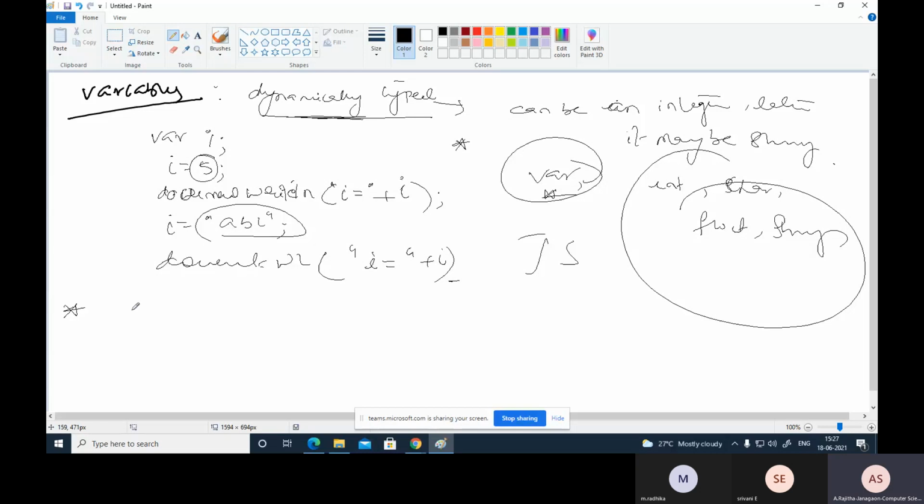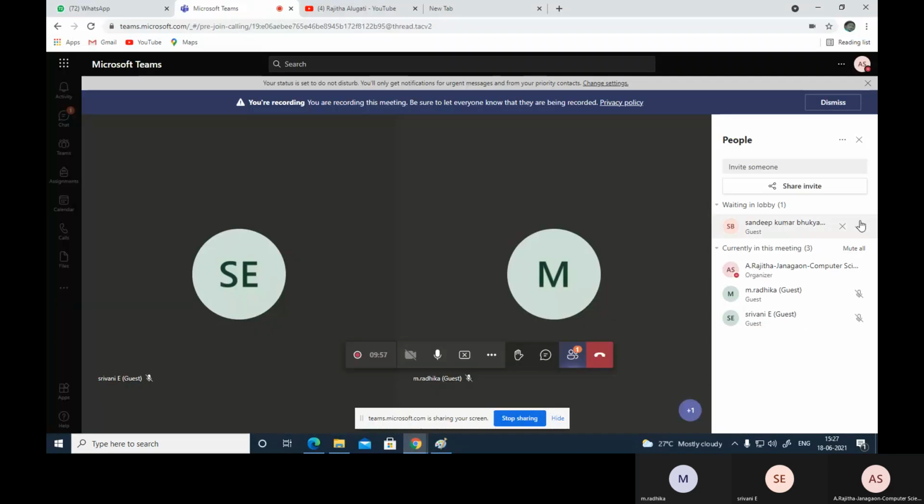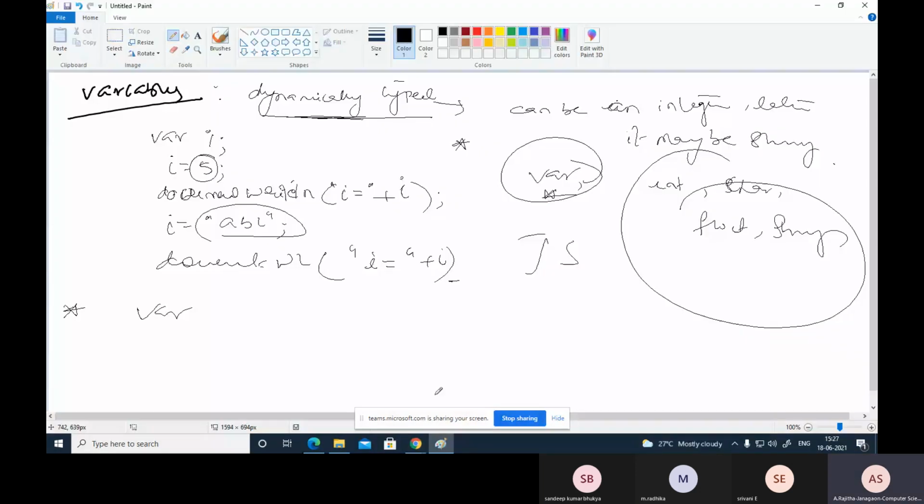Using the assignment operator, for example i equal to 5. Otherwise at runtime also: suppose I create a variable j, and now at runtime I assign the value to j. This assignment can be used at declaration time as well as runtime.